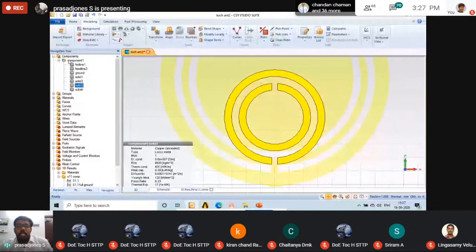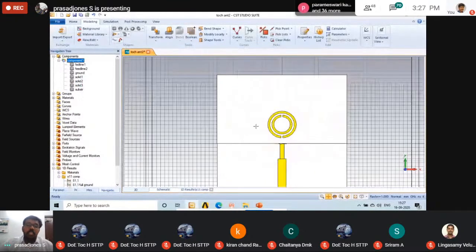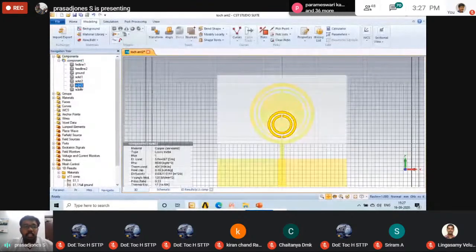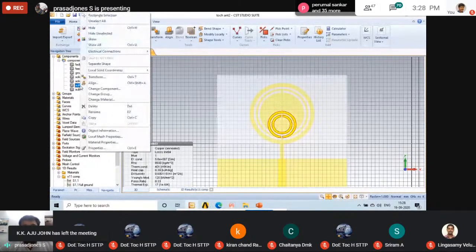So automatically the circle, yes, the splitting resonator has been created. So this is the splitting resonator. What next step we have to do is create the periodic structures. So this periodic structure,